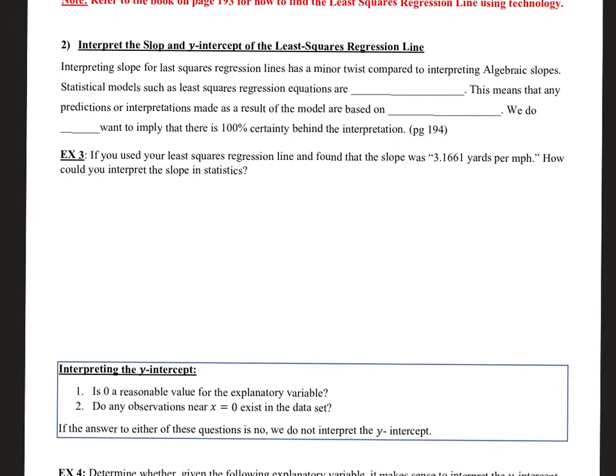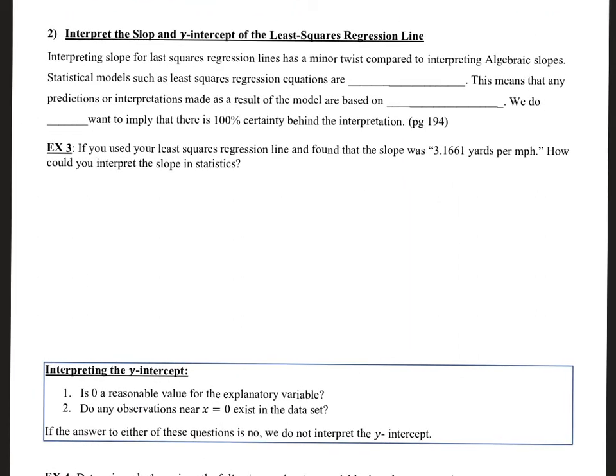Objective 2. Interpret the slope and y-intercept of the least squares regression line. Interpreting the slope for the least squares regression line has a minor twist compared to interpreting algebraic slopes. For algebraic slopes, there's a way to interpret the slope. In statistical models, such as least squares regression lines, equations are